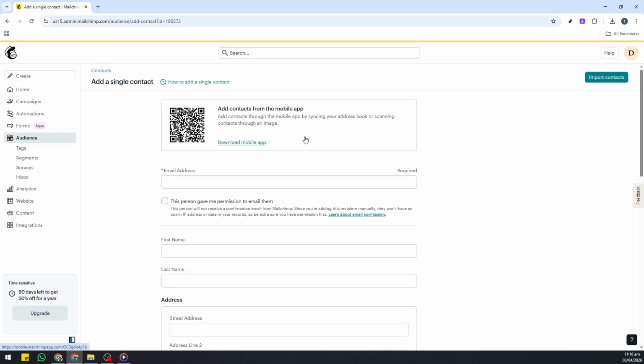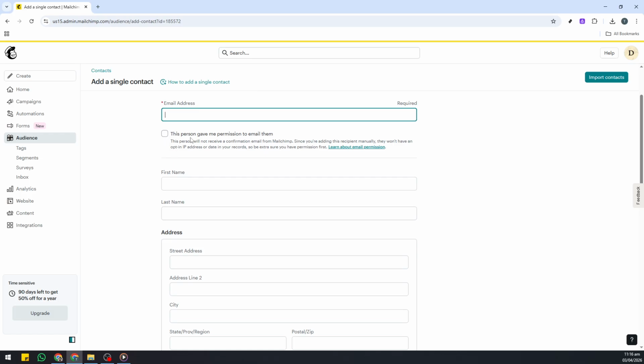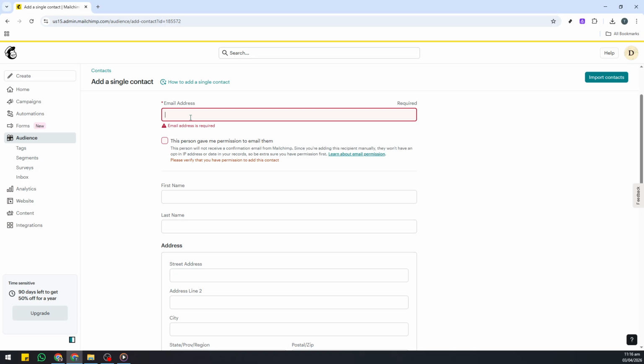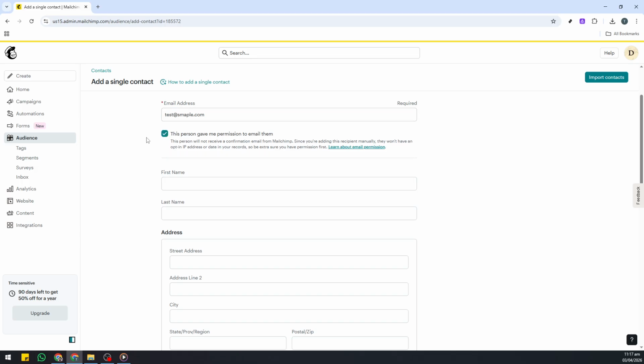Begin by entering the person's email address. This is the only truly required piece of information for most audiences, but the more complete your data is, the better your personalization and segmentation will be later. Next, check the box that says, "This person gave me permission to email them." This is important. Mailchimp, and email marketing in general, relies on consent. Only add people who have opted in so your deliverability stays healthy and you remain compliant with laws like CAN-SPAM